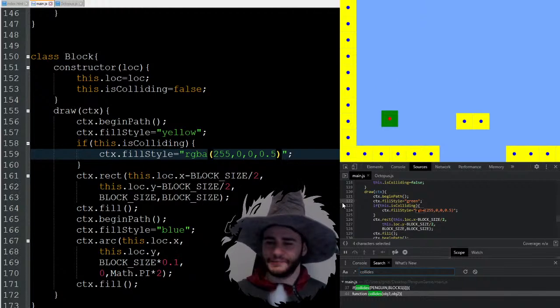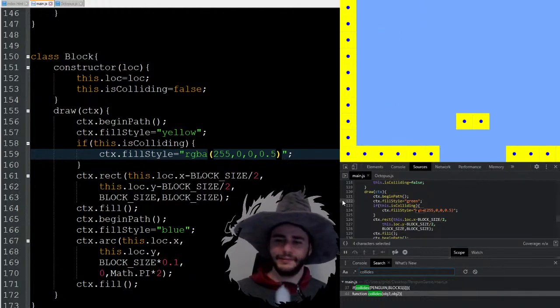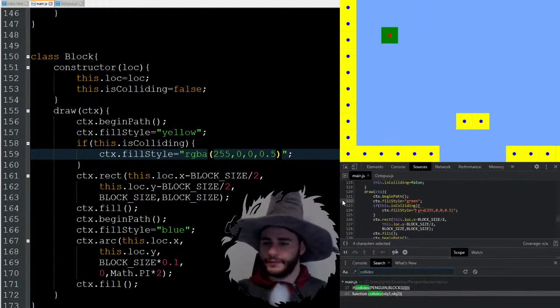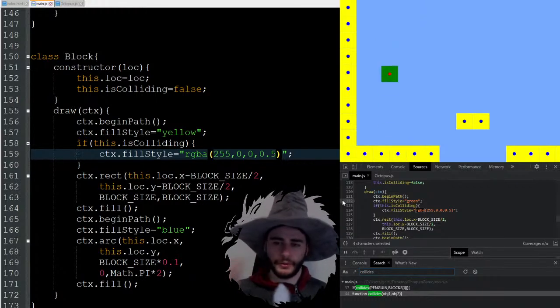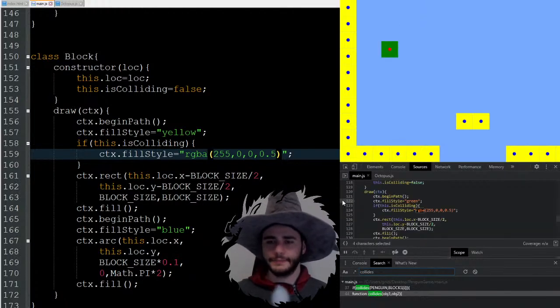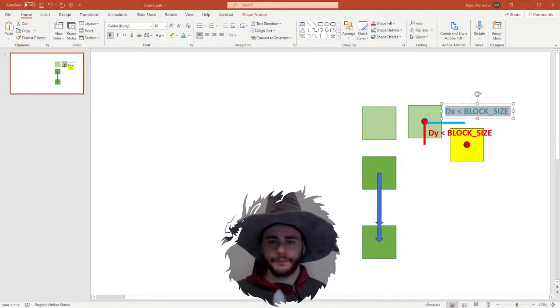Okay, so you can kind of see what's happening now. When the character goes down and touches those blocks, it still goes through the blocks, but we identified that there is some kind of collision happening there, an intersection between those. And it's falling in the middle of two blocks, so actually both of those blocks are telling that we need to move back where we came from. So if you remember this drawing here,